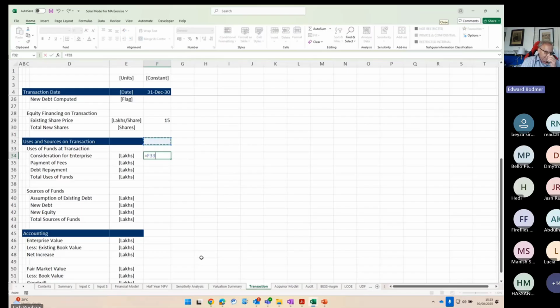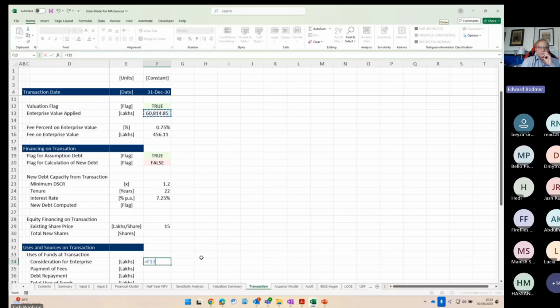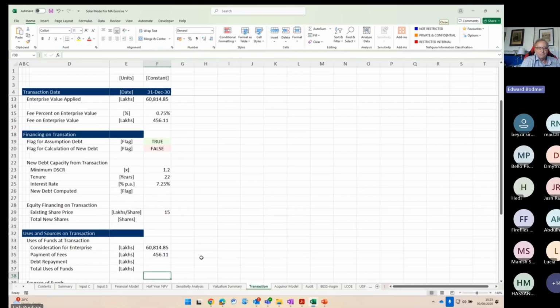so we're computing the sources and uses of funds, which is absolutely crucial. Get how much you're paying. Press enter. And then get how much you're paying for the fees. And you just think, how much do we got to pay? And this time we have an assumption of new debt, so we're not going to pay anything. I guess you could put equal NOT on the flag, and go up on that flag for assumption of new debt, the flag just above in line 19, not 20, and multiply that